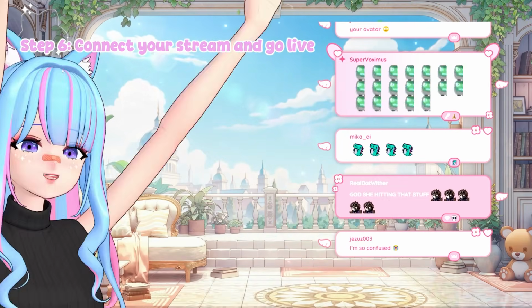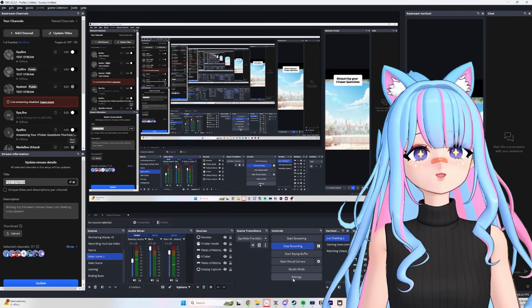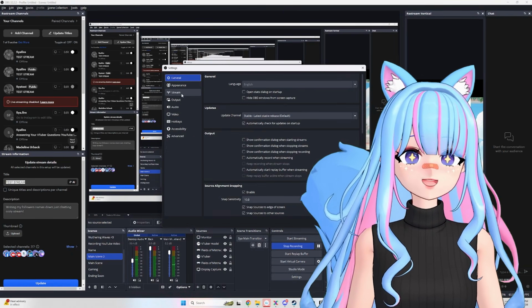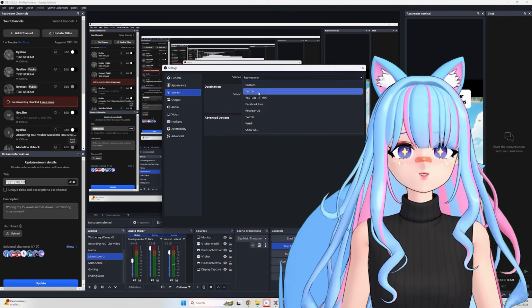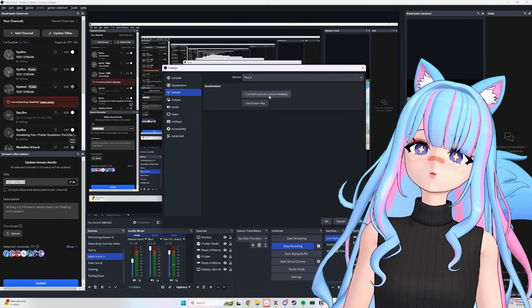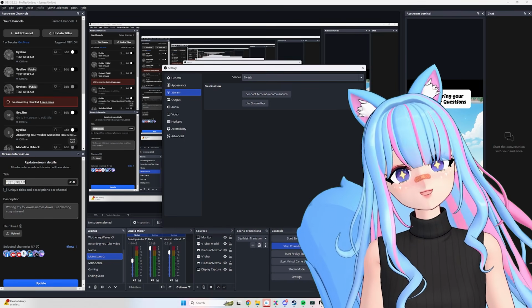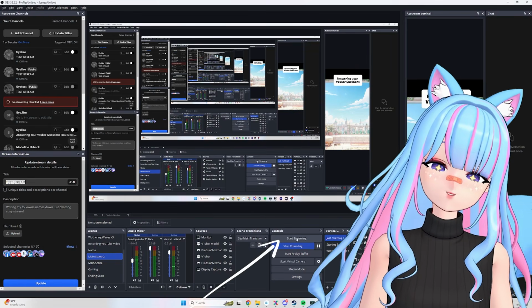If you plan to stream with OBS, the first thing you have to do is decide where you want to stream. I'll be using Twitch for this demo. In your OBS, go to Settings, the Stream tab, select Service, and select Twitch. If you don't already have an account, make sure you go to Twitch and make one. For streaming, you can do an auto connect, which I highly recommend because it's a lot easier to set up. After that, click Apply. Now you can exit that, and you can literally click the Start Streaming button whenever you're